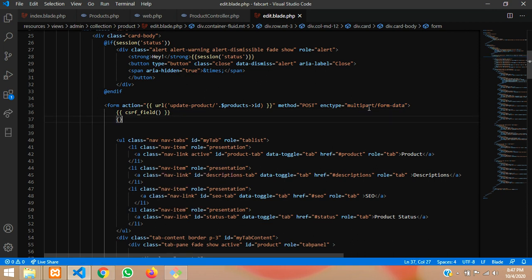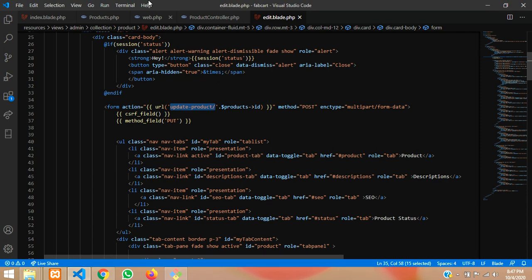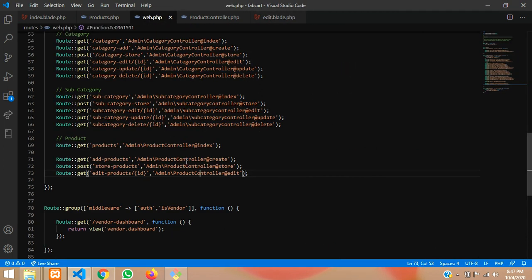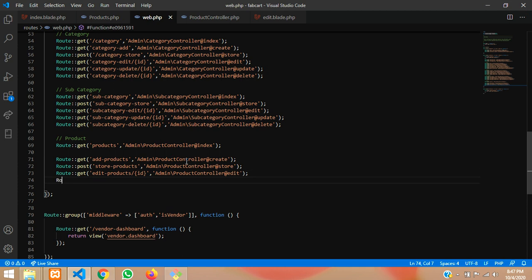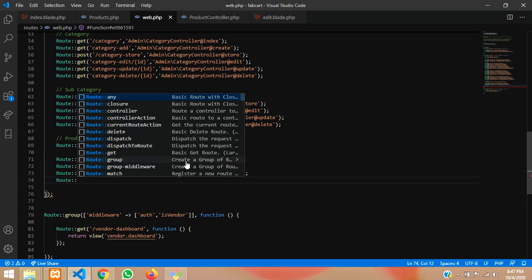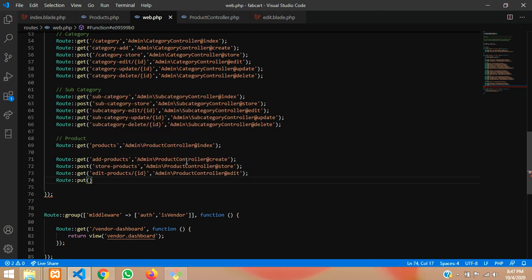When you're updating the data, you have to pass a CSRF field for token verification, because form submit does that, and for the method of updating we will be using the put method, okay, to update that. So let's go to our route and set this. Let's copy this URL with the ID. So let's move to web.php and let's search the route for put method. Okay, so not get or post, you have to use put method, because we are passing through the put method where I'm going to pass with the ID.